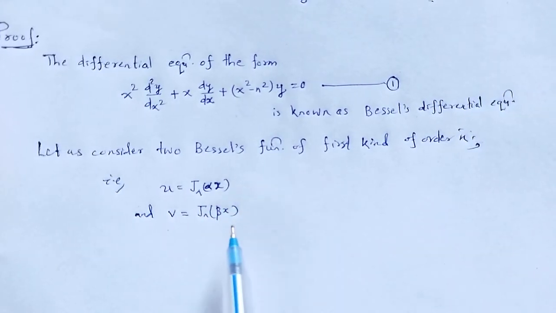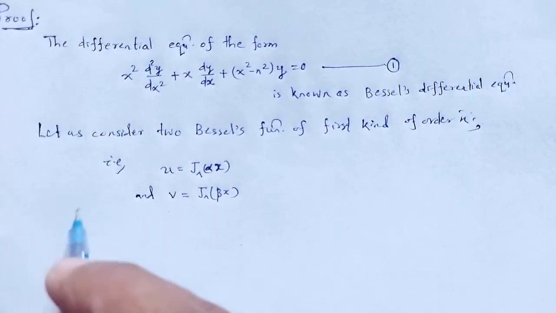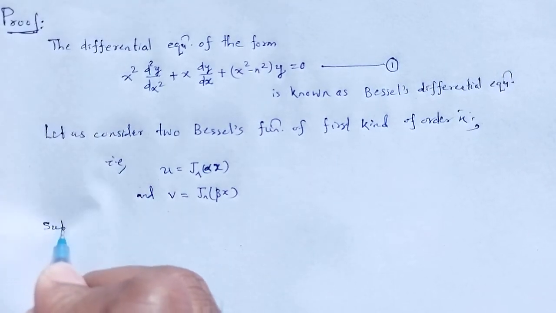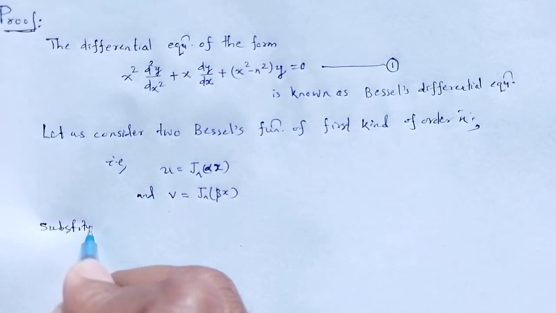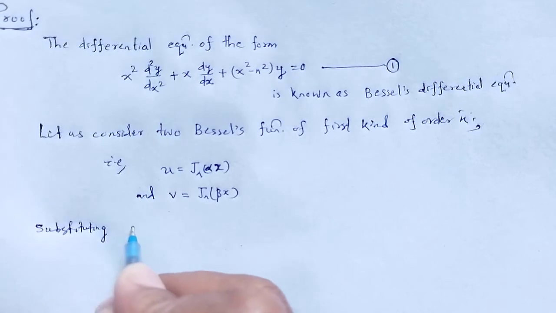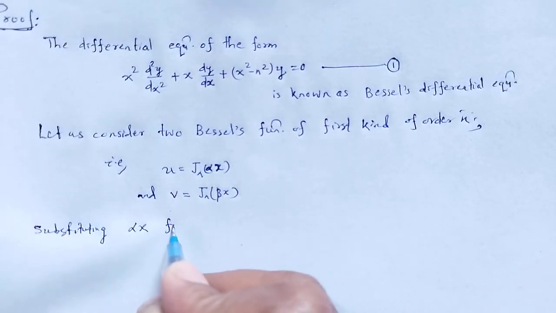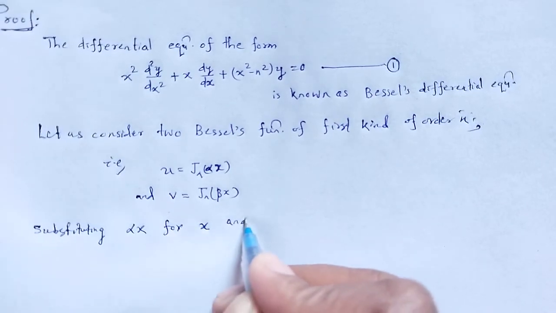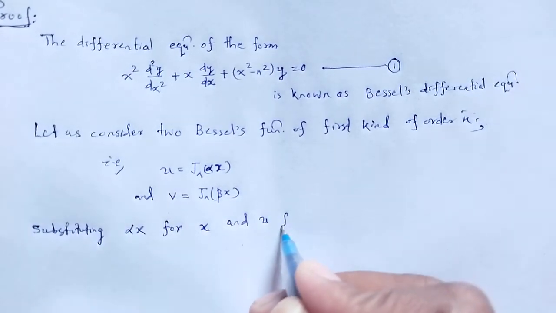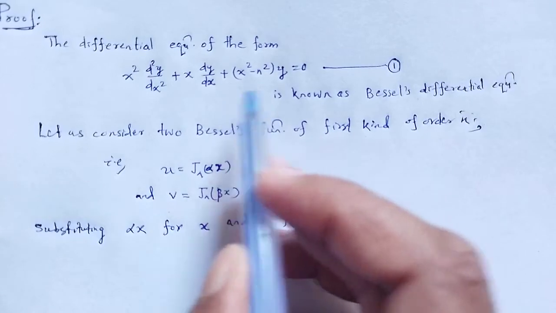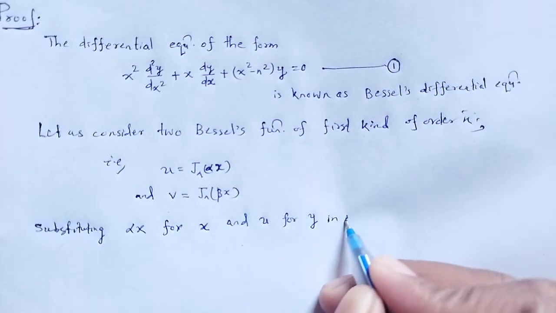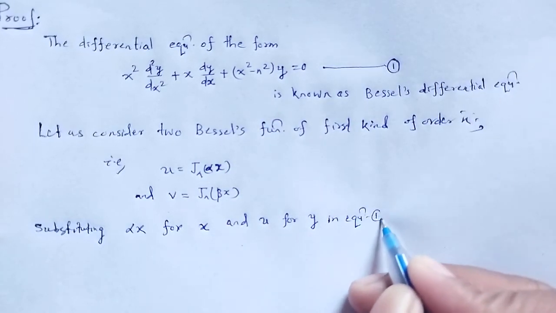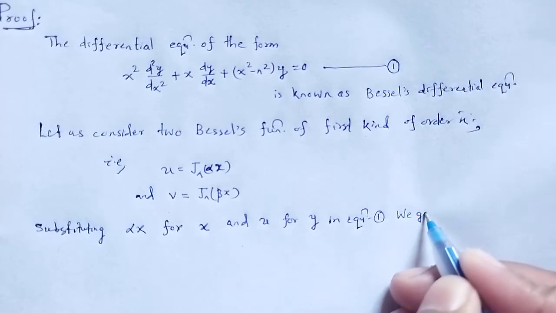Now substituting alpha x for x and u for y in equation 1, we get